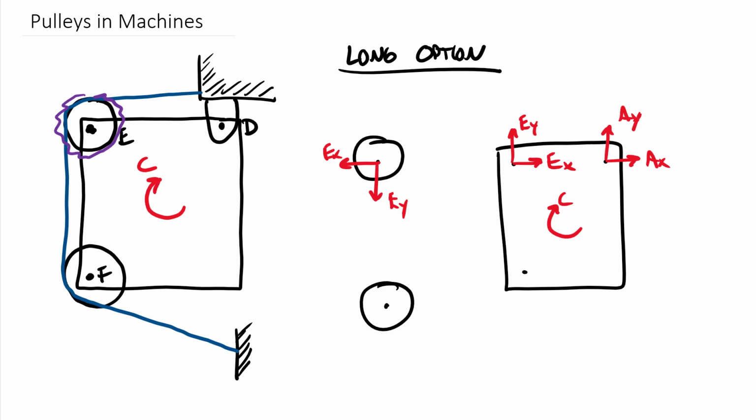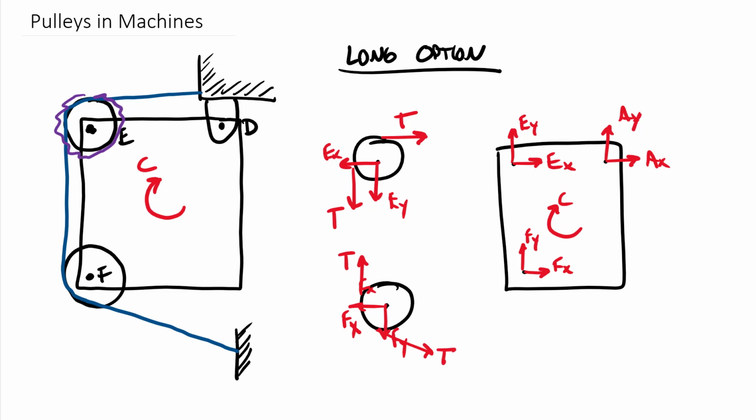I also cut the cable, right? So if I cut the cable, I need to expose the forces that were in that cable, those tension forces. I'm going to do the same thing down here at F. So Fx, Fy, equal and opposite, Fx downwards, Fy. Tension forces, once again, cutting away the cable. Move my Fx label there. So I wrote over the top of it. And then add an angle here,